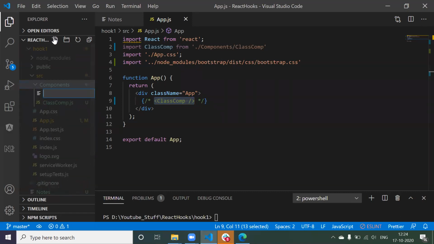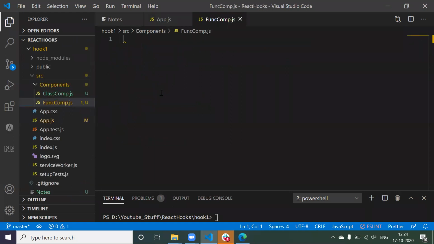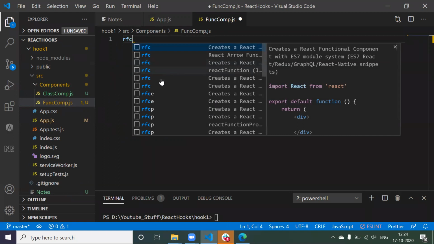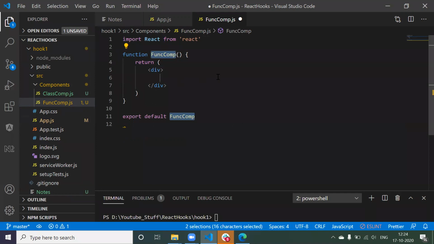Now this time we are going to create functionalComponent.js. Now if you want the snippet of your functional component, you have to write the shortcut react functional component and E for export and tab. Now we got a default functional component snippet. Okay, fine.